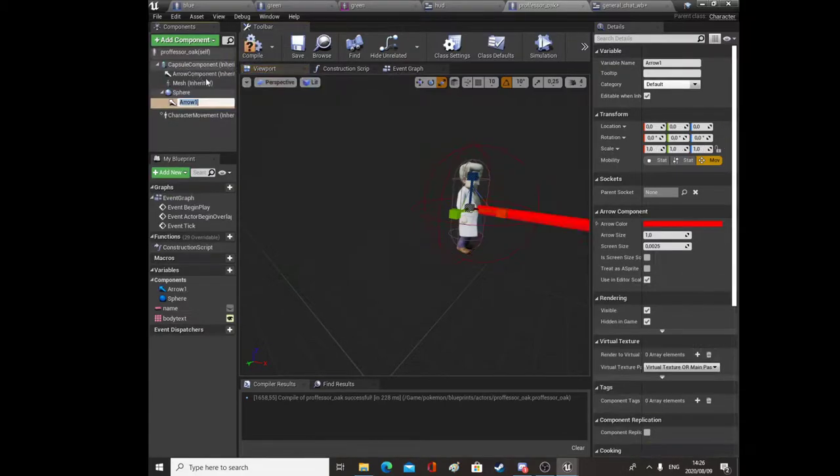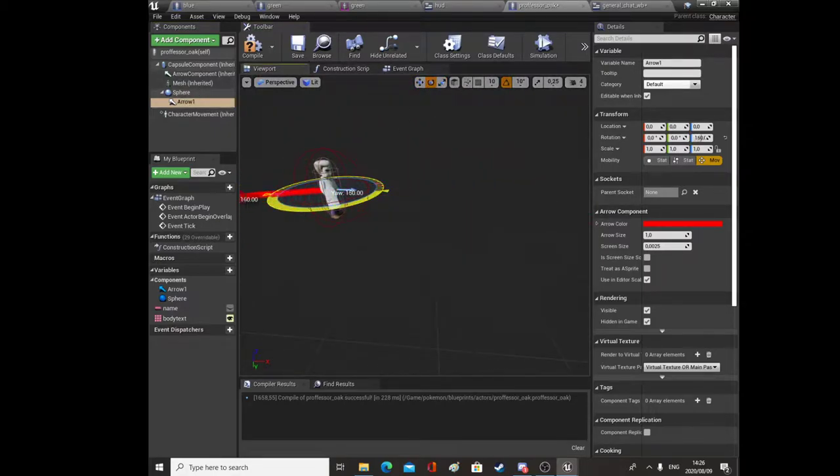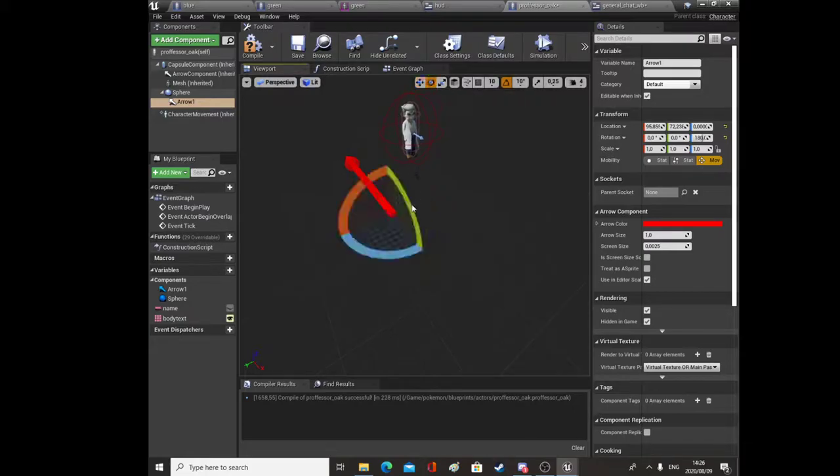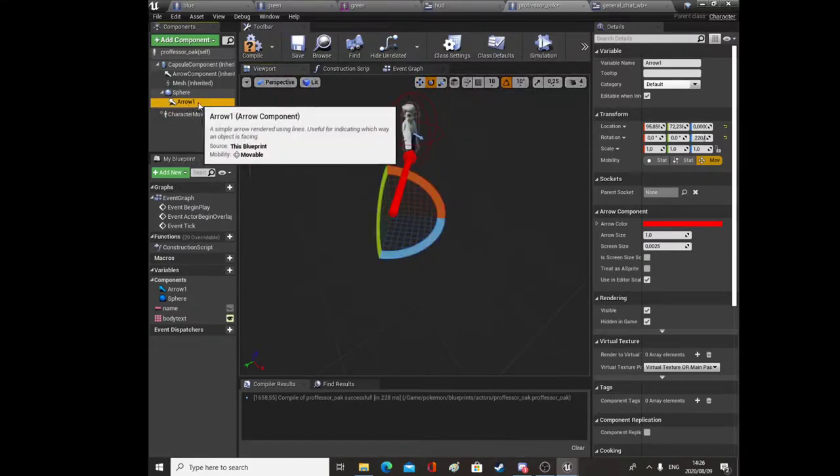So we'll add an arrow component to oak, and we'll rotate it 180 degrees, and we'll bring it out to about here, and let me think, we're going to be on this side of him to speak, so we'll be over here and we'll face him like such. Okay, and we'll just rename this to